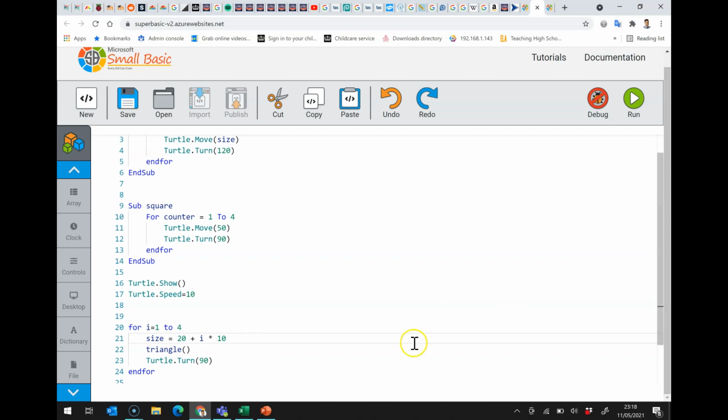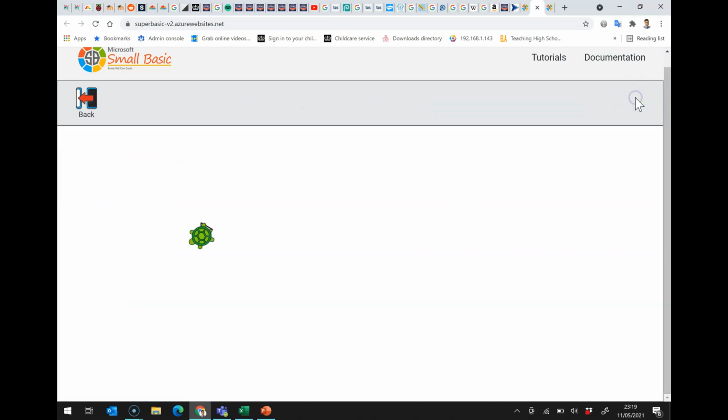Now what this is going to do is I is 1 the first time around the loop, 2, then 3, then 4. So I times 10 is then going to be 10, 20, 30, 40, and we add 20 on, and it's going to be 30, 40, 50, 60. So it's actually going to do 3 different sized triangles,